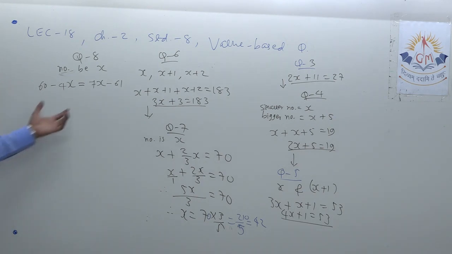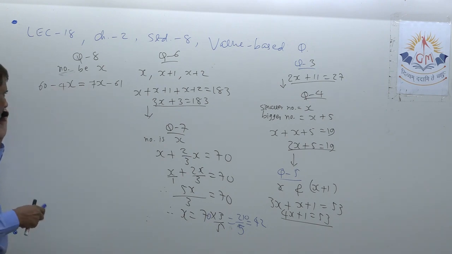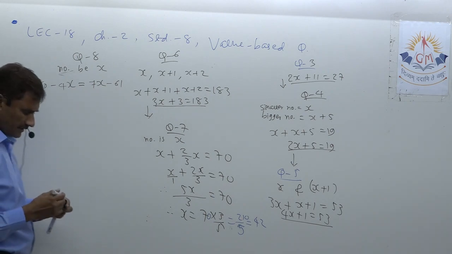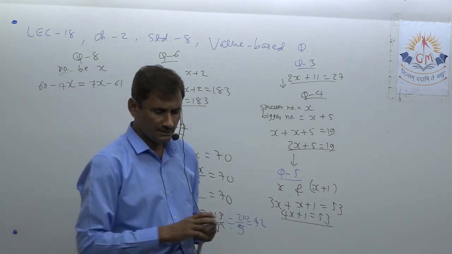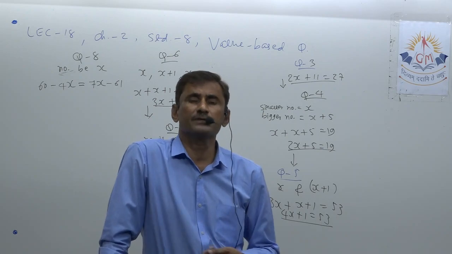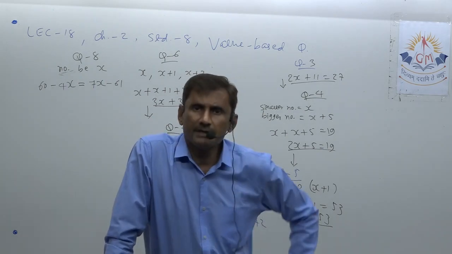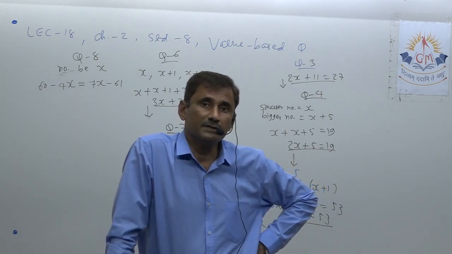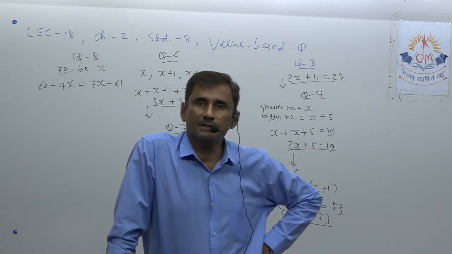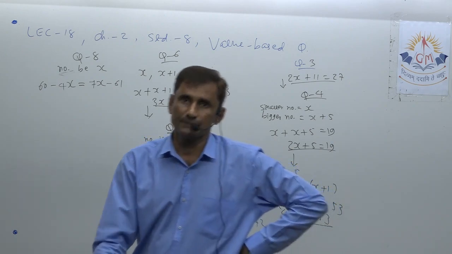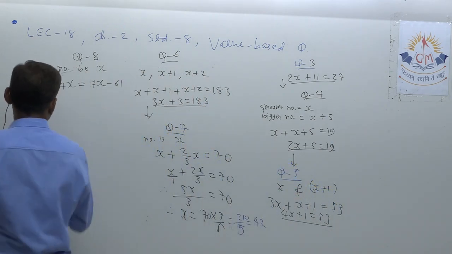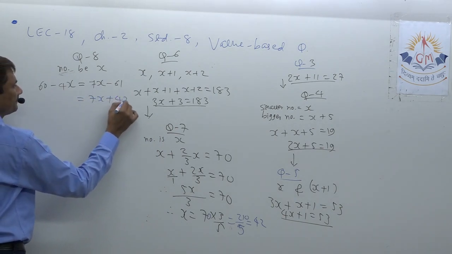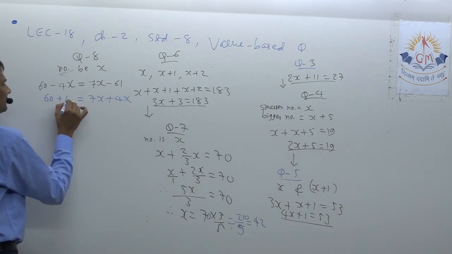Now how to solve, let me solve here. Whenever more than one x, more than one number, is there and you want to solve that equation, the variable should be at one side and the numbers should be at the opposite side. Any one side x, any other side, the opposite side, numbers, constants. So let me shift x here only. So 7x plus 4x is equal to 60 plus 61.